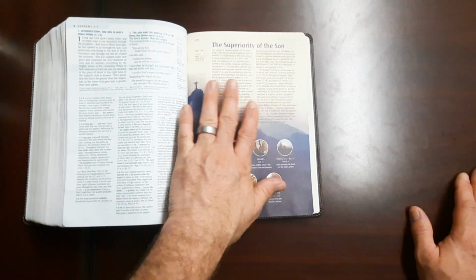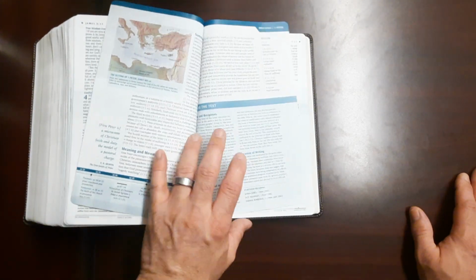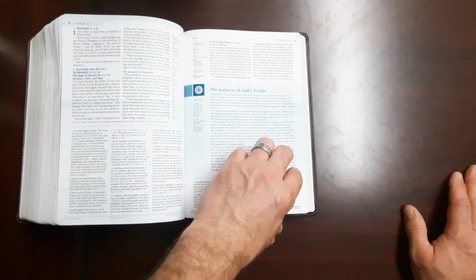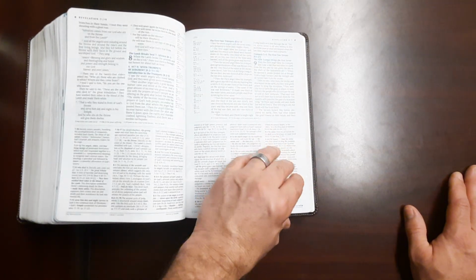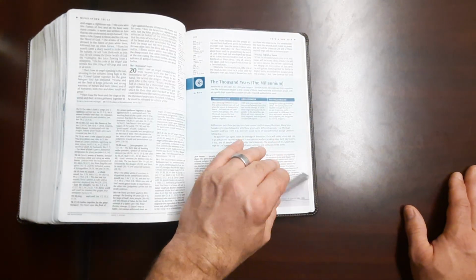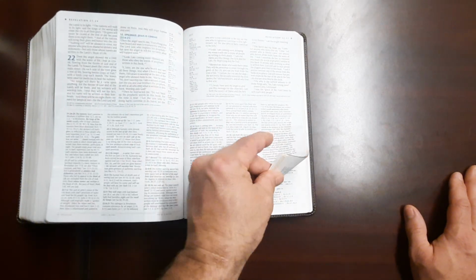Like I said, you'll just run into these illustrated pages all over this Bible. It has got so much good information. I'm telling you, the NLT and Tyndale are doing a lot better nowadays with their study material. I commend this Bible to anybody that wants a good study Bible. It's going to be pretty balanced in its views, going to offer different views from different positions on very sensitive